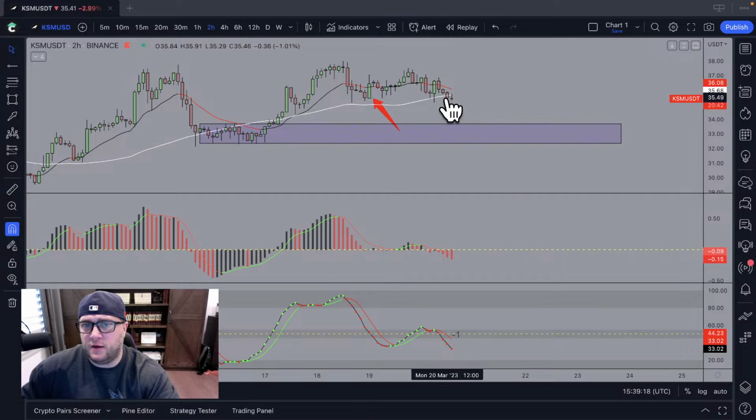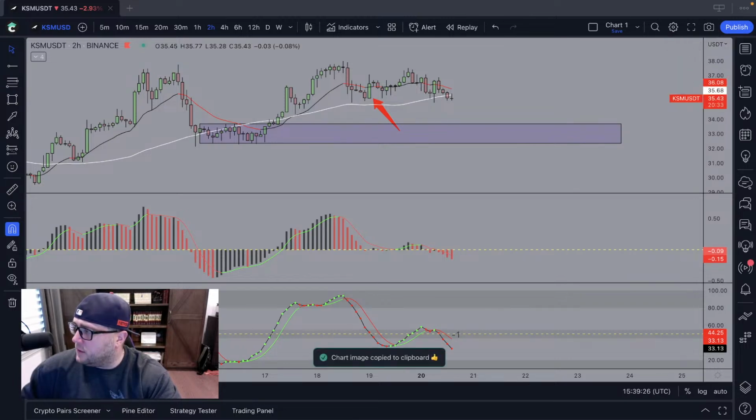Everything's starting to push down. This is where we're going to head into. We'll watch this one too. We'll pull this up tomorrow's chart. Put it in our